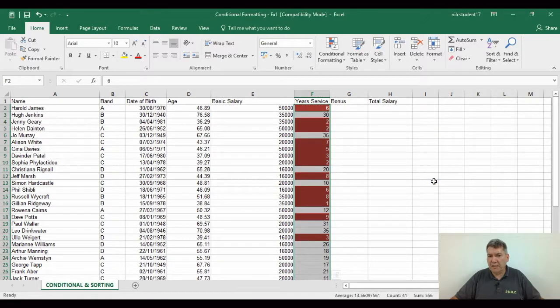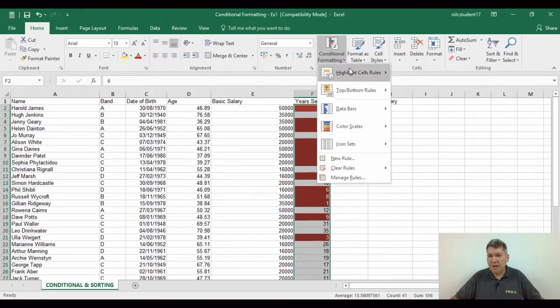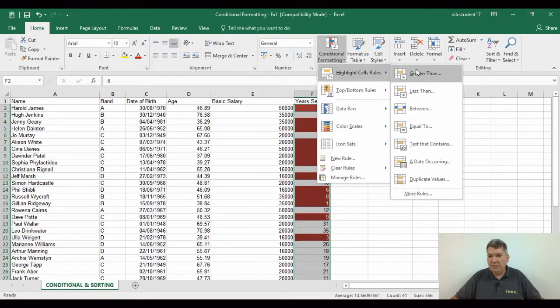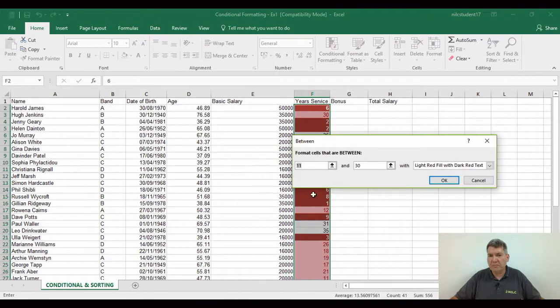And that's the first part done. I'm going to leave the numbers highlighted and then do the second part. So highlight cell rules. I've now done less than 10. So I'm now going to go between 10 and 20. So between